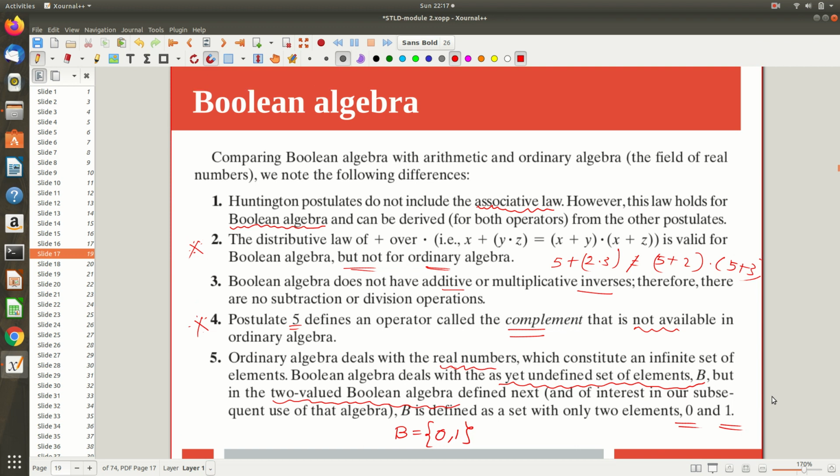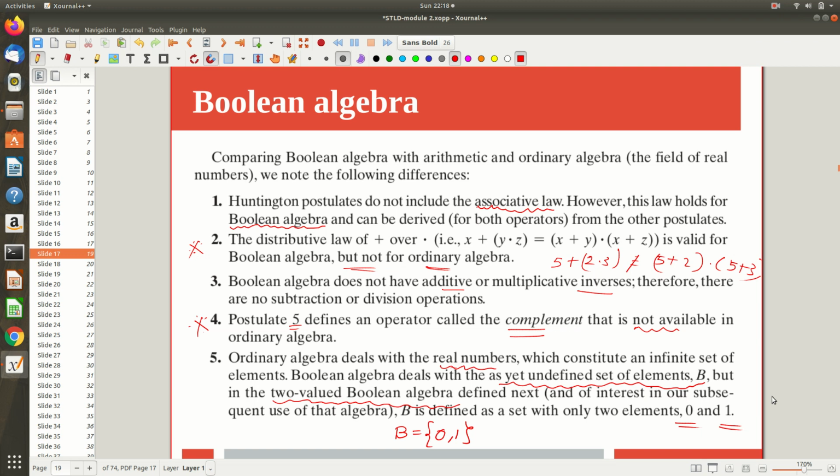So maybe in the next video we will introduce switching algebra, and we will see whether it is a valid Boolean algebra or not, whether it is meeting all these 6 postulates proposed for Boolean algebra or not. Hope it is clear. Maybe after studying propositional logic and all, you can follow it easily, but it depends on whether you have a very clear idea about closure, associative, identity, distributive. All those things are very simple, but you have to understand them in the right way.